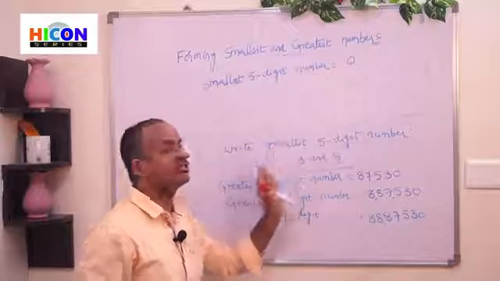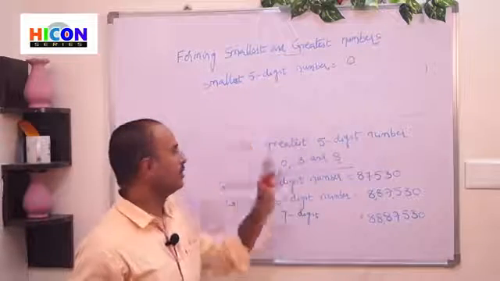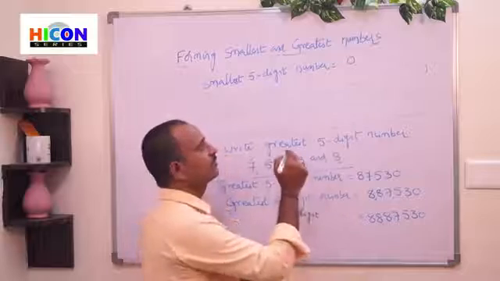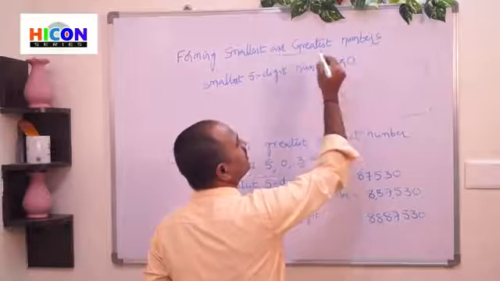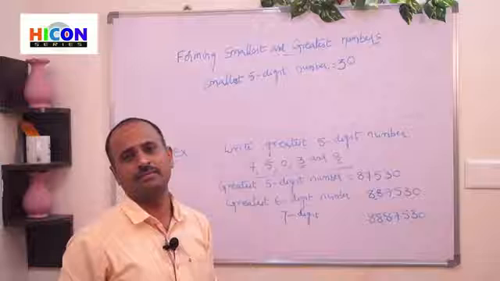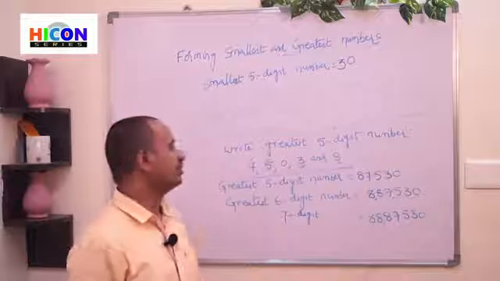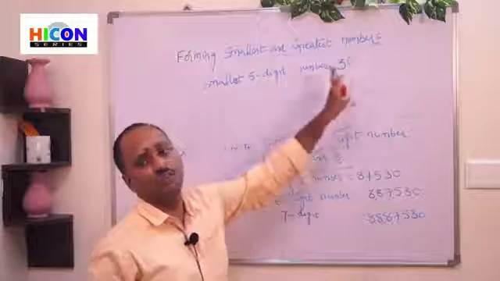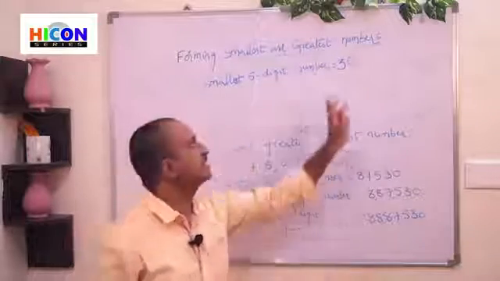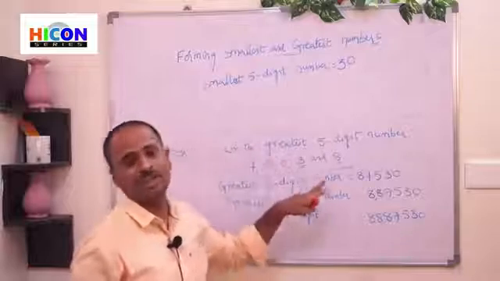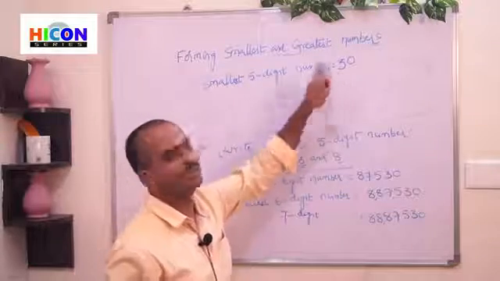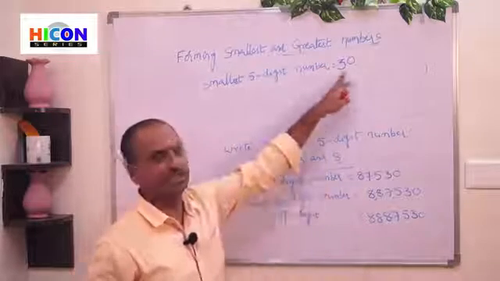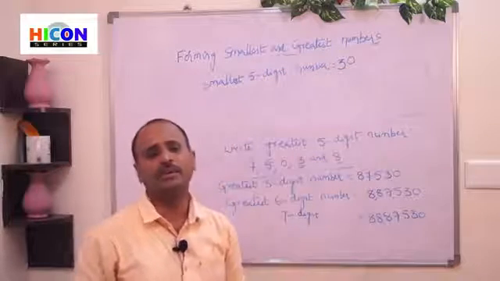That means the next smallest digit should be written first. After 0, which is the next smallest one? 3 is the next smallest one. So write 3 first and 0 in the second place. Children, remember this point: if 0 is present in the given digits, 0 should not be written first. It should be written in the second place, and the next smallest digit after 0 should be written in the first place.